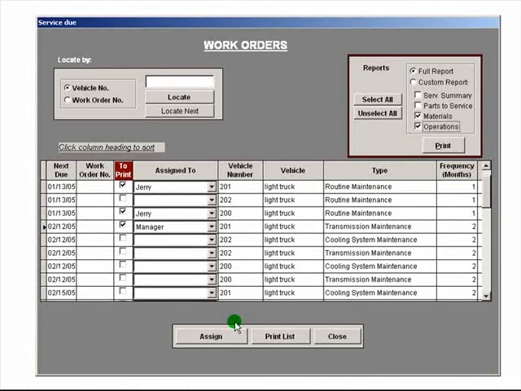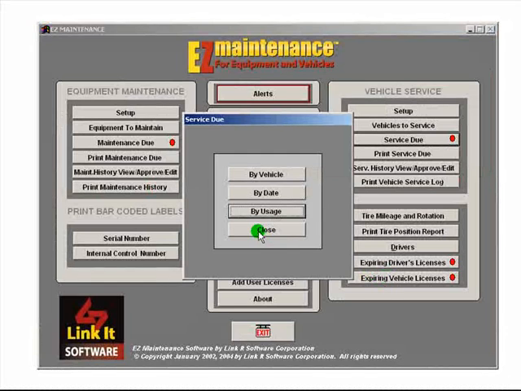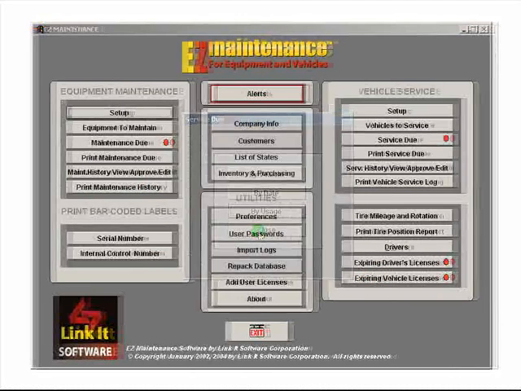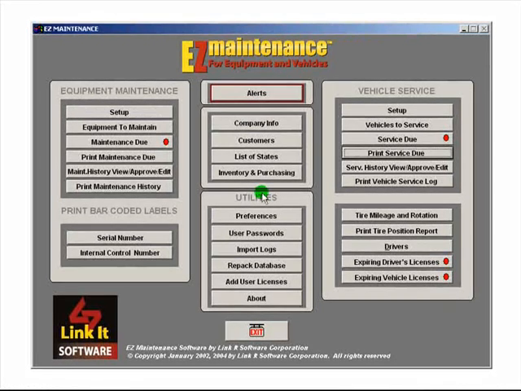We will now close the Service Due menu and move on to the Print Service Due button. In many cases, a maintenance manager or a user of Easy Maintenance will wish to print out a report on the service due on a specific vehicle. They can do this quickly and easily simply by clicking on the Print Service Due button, which takes us to